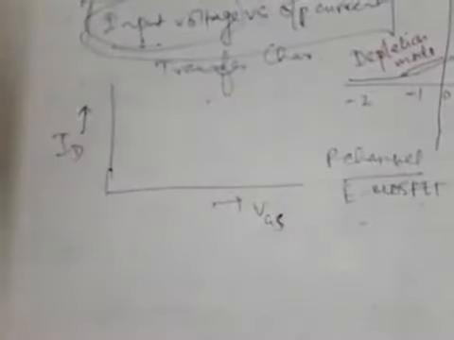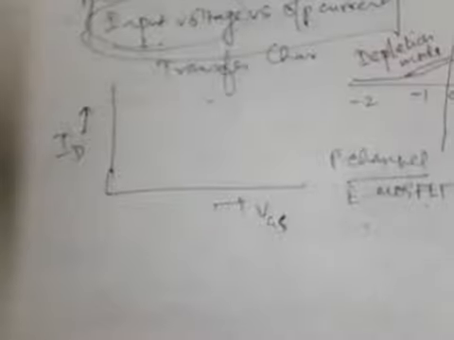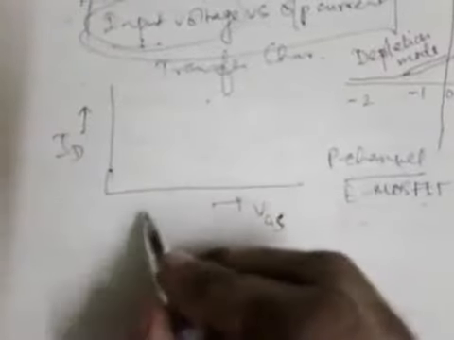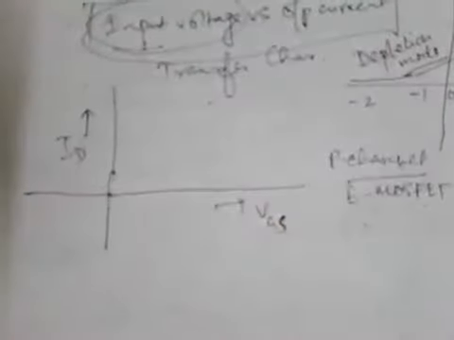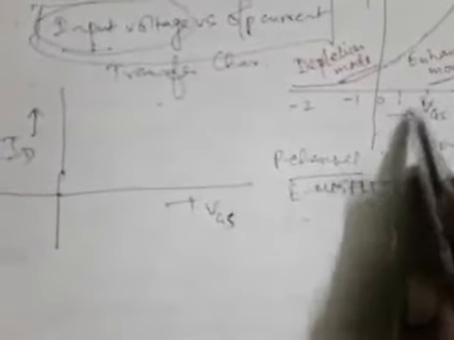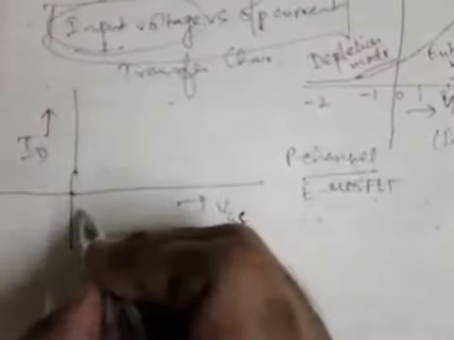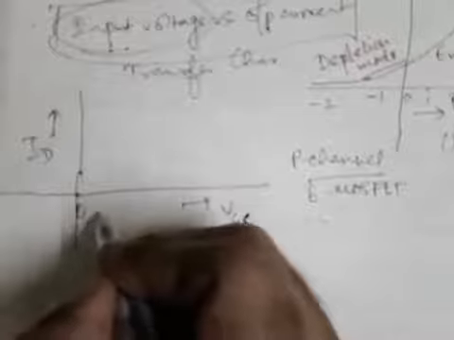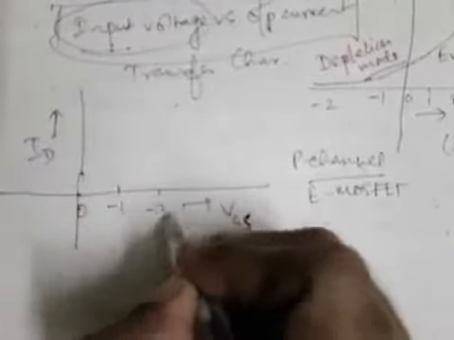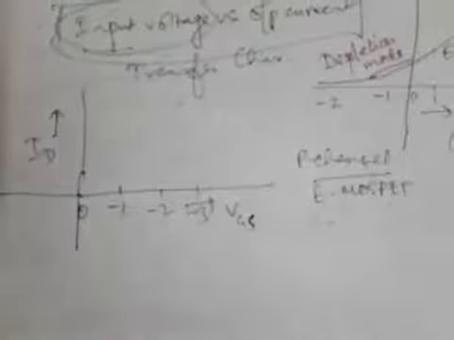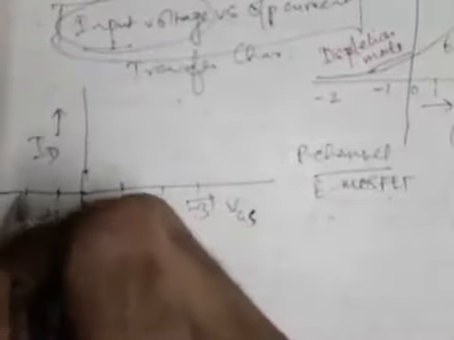So now if we see the drawing, first let us scale. In the right hand column we should be getting a second quadrant also. In the right hand column, since it is P channel, it will be just opposite to the N channel. So in the N channel case, right direction was positive and left direction was negative voltage selected. So here in the right direction we will be selecting negative voltages, -1, -2, -3 and so on, and in the left direction it should be +1, +2 and +3, like this.